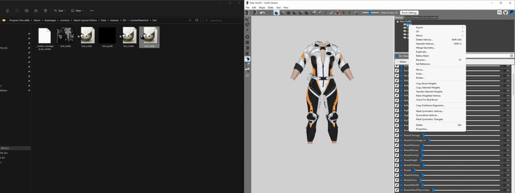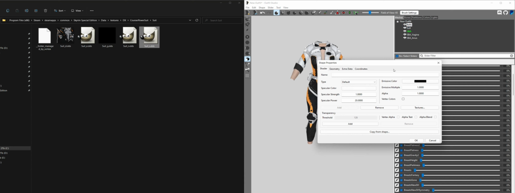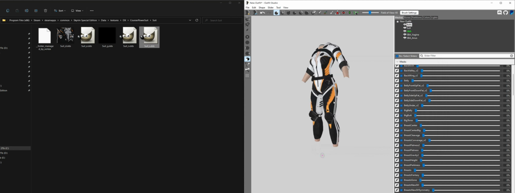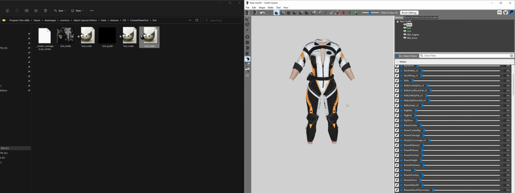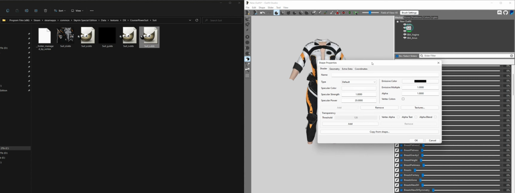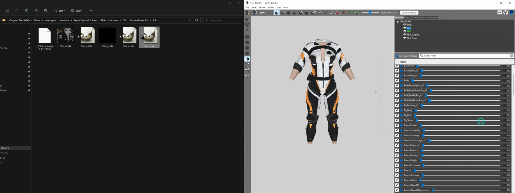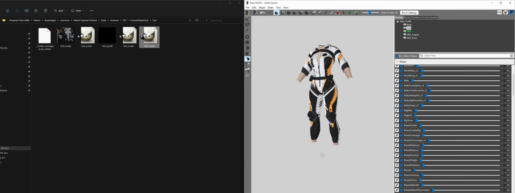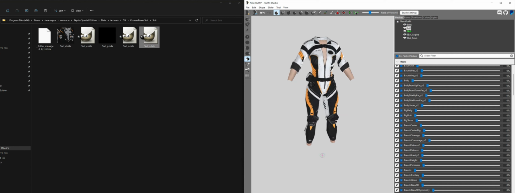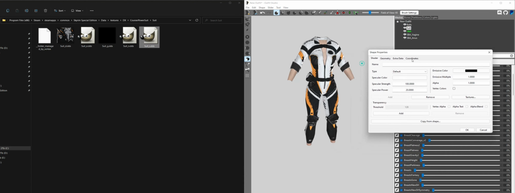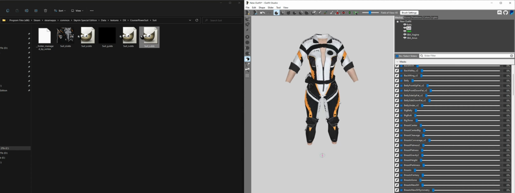So if your armor has more meshes like mine, don't bother to do it all again, just copy from the shape you just did and it will bring the same texture automatically. Here you can also play with the specular to make it more glowy, shiny, dark, shady, whatever. Yeah, if I put the strength of the specular to 100, it's very, very shiny under the light, but I'm not gonna do that. Let's reduce it. Yeah, I don't really mind. I'm just gonna do 20/20 and it will be fine.